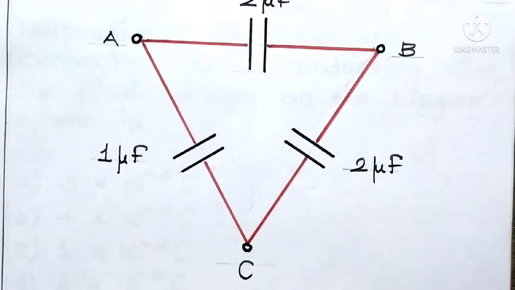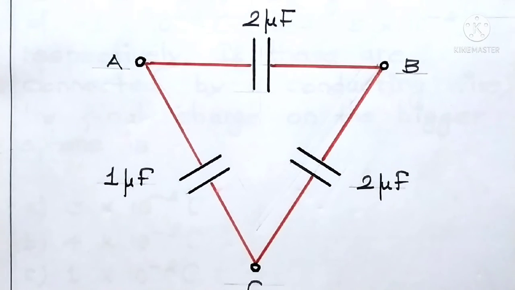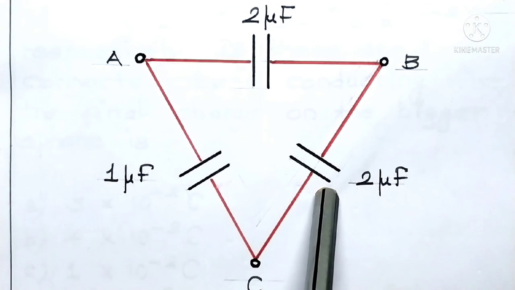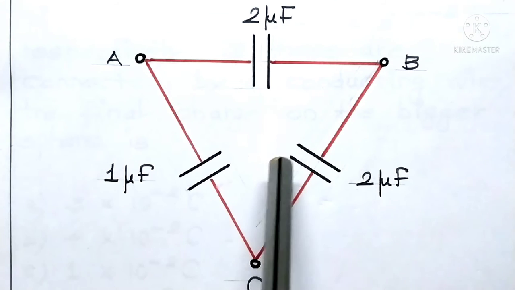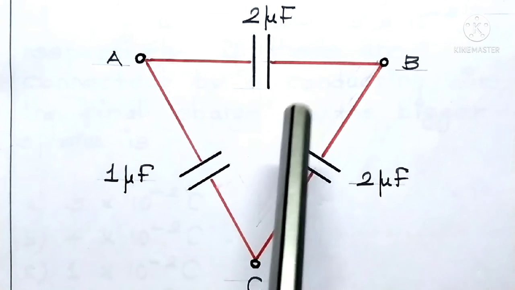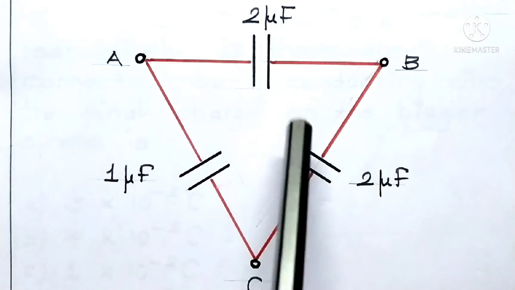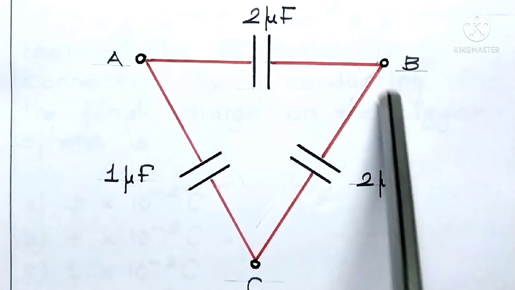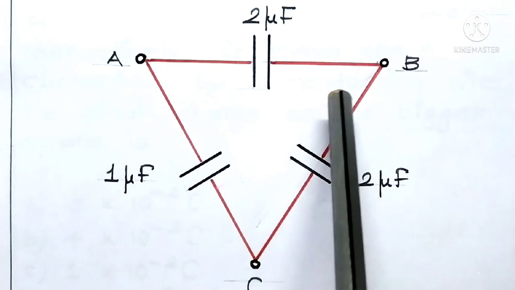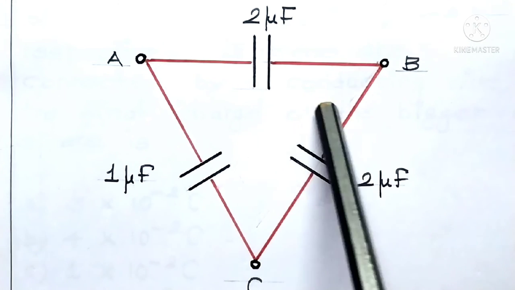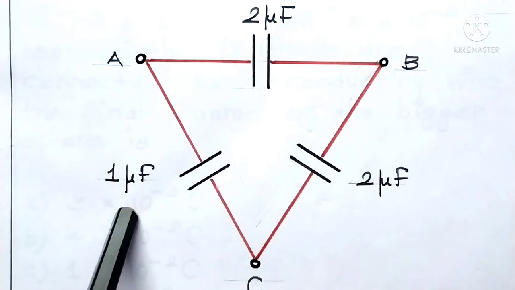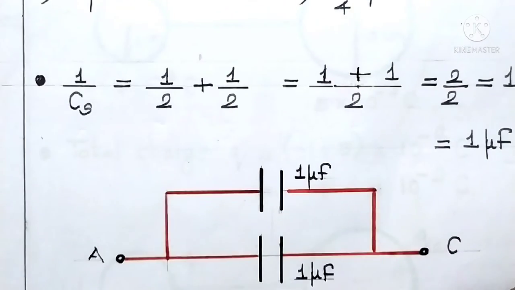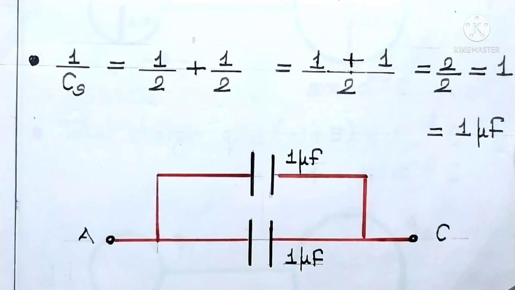So in the next simplified diagram, in place of these two capacitors, we are going to draw only one capacitor and write the equivalent capacitance as 1 microfarad. Now these two are in series and we have already calculated the equivalent capacitance, which is 1 microfarad. That 1 microfarad is in parallel connection with this 1 microfarad. Keep it in your mind. Now see the other diagram.